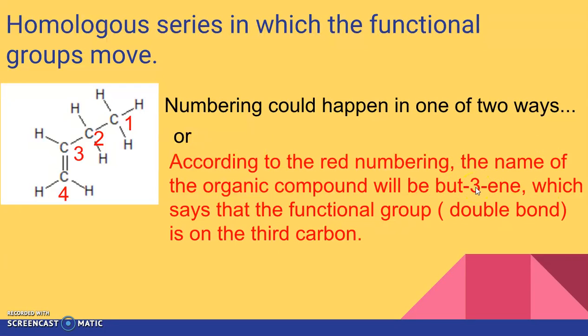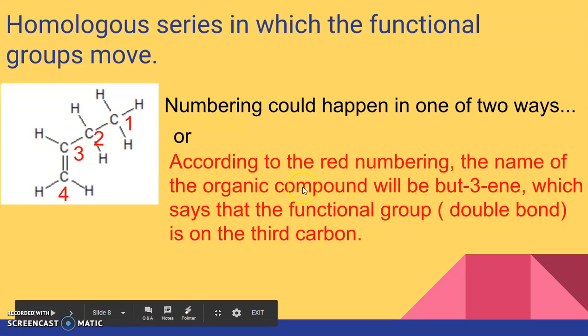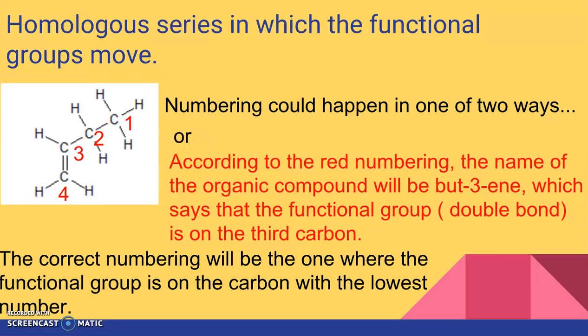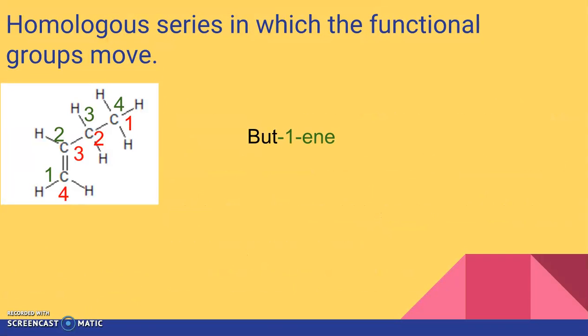And what is the functional group over here again? It's the double bond, which says that the functional group is on the third carbon. This is not the agreed upon structure. The rule says that the functional group must be as close as possible to number 1, or to the lowest possible carbon. So the correct way of numbering would be 1, 2, 3, 4, and the correct name for this compound would be